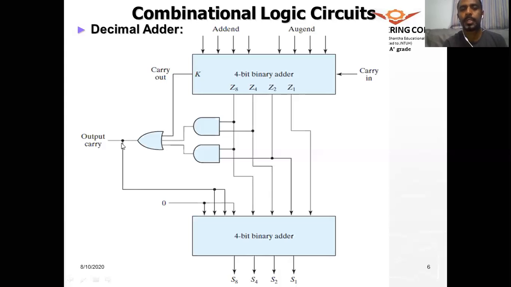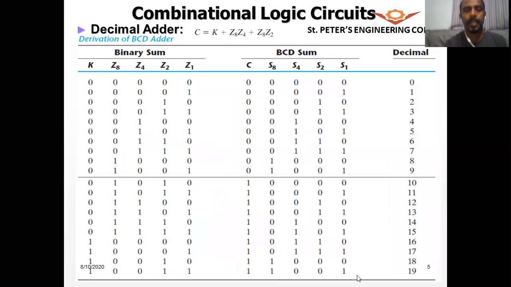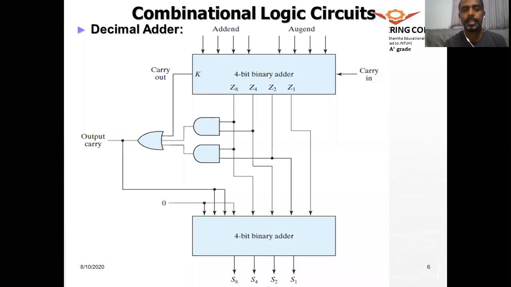And as I said, whenever C is high, you have to add 6 to the result, so that you jump from the decimal 10 condition. Suppose you are going from 9 to 10, then we have to directly jump. In this case, let me come back here. Yeah, we are jumping from here to here. That means from 9 we have to jump to the 16 condition. So in between, how many steps are we skipping? 6 steps. So for that reason, we have to add this 6 here.